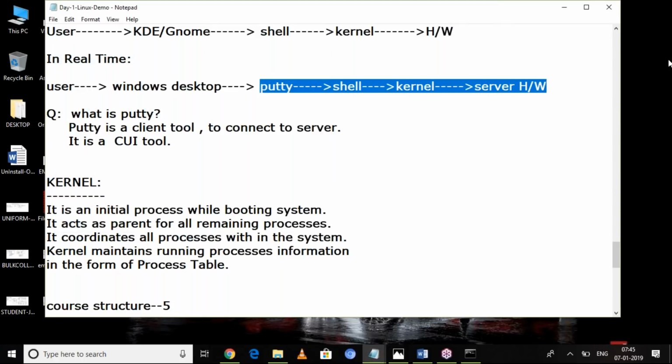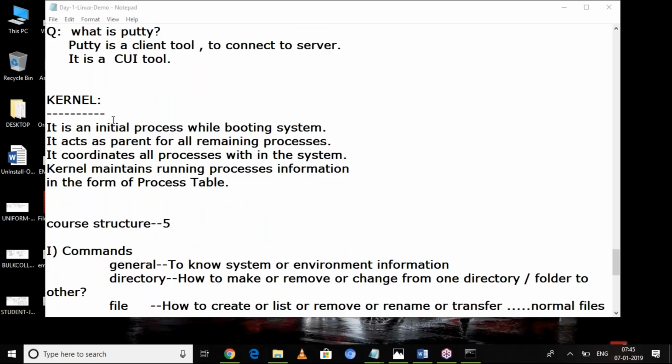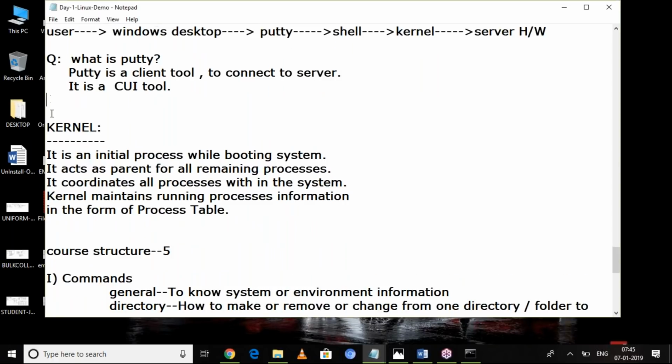Okay, now we understand what is a shell. What is kernel? See, if you boot your system, that means if you start your Windows or Linux or any operating system, kernel is common for all types of operating systems.